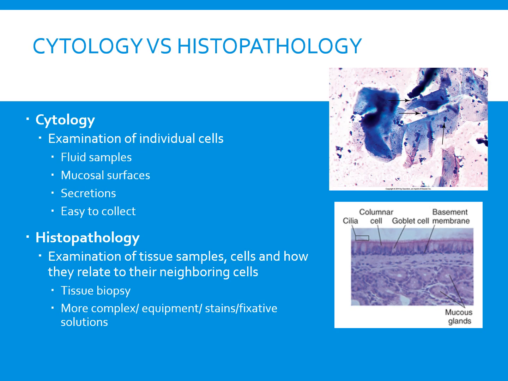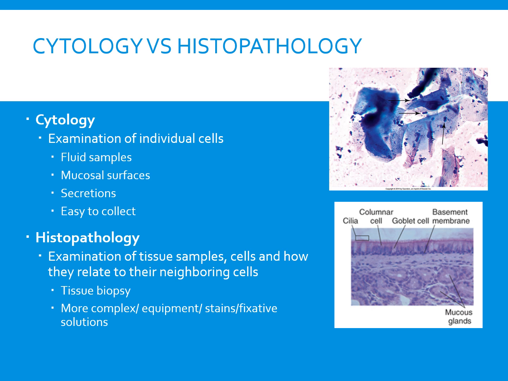First, we like to make a distinction between cytology and histopathology. Cytology is the study of individual cells, whereas histopathology is the study of tissue. Cytology can be run off of fluid samples, samples collected from mucosal surfaces or secretions, and they're generally easy to collect. Histopathology or biopsies are run off of tissue that is taken as a biopsy sample, and they're generally harder